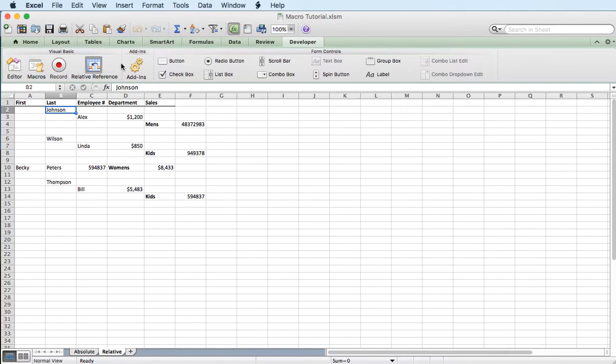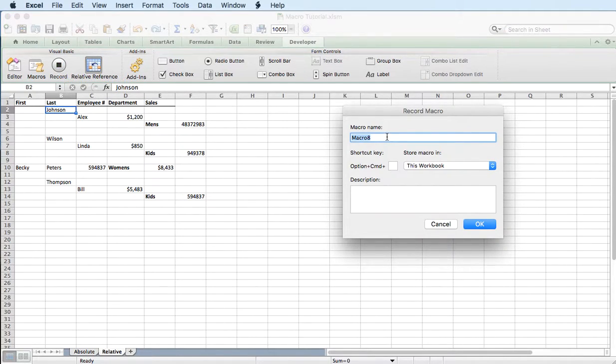Now in some versions of Excel that might not be available. I think Microsoft Excel for Mac 2016 actually doesn't have this functionality, but for most other versions you should be able to do it. So it's important that we have that selected before we record our macro to do the relative reference, and now we're going to call this relative